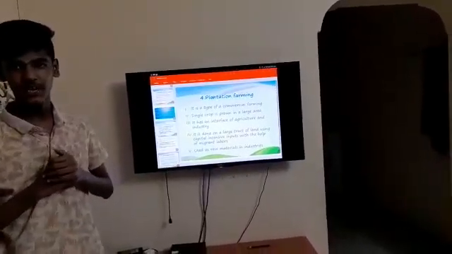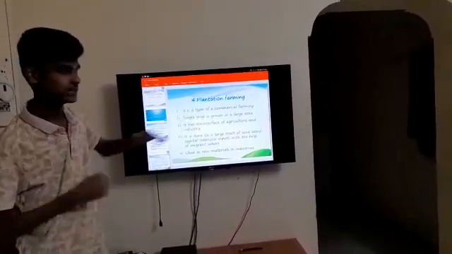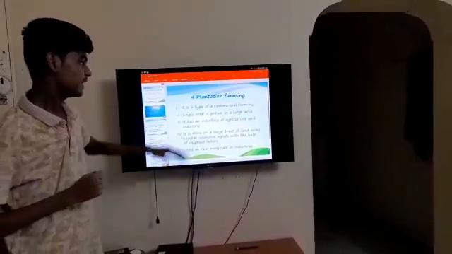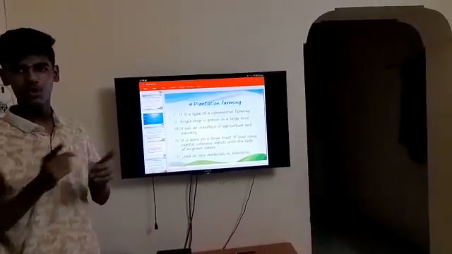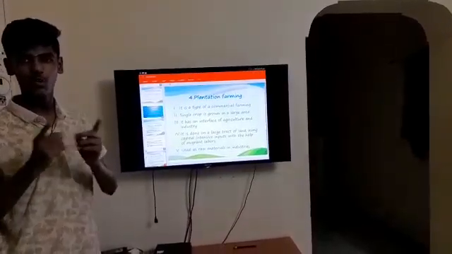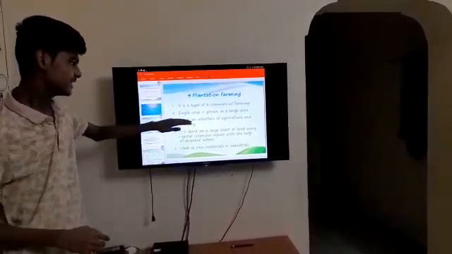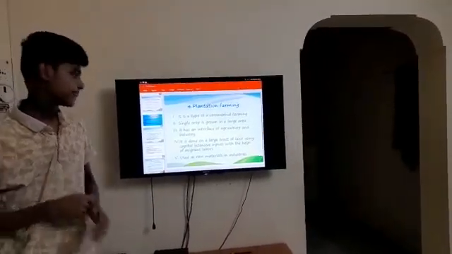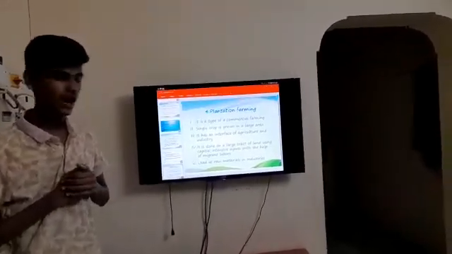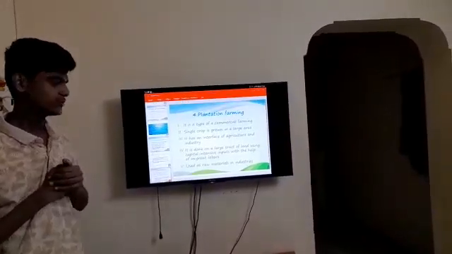Next slide. Now we are going to see a type of commercial farming, that is plantation agriculture. As I said, it is a type of commercial farming. A single crop is grown over a large area throughout the year. It has an interface of agriculture and industry both, and it is done on a large tract of land using capital inputs